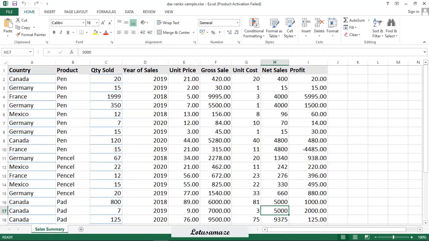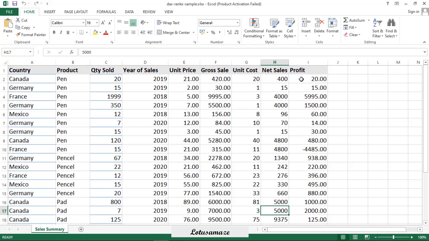Before we start the practical of the RANKX function, we have data. First of all we check that data. In this data we have country, product, quantity sold, year of sales, unit price, gross sales, unit cost, net sales and profit. We will be calculating the ranking on the net sales.